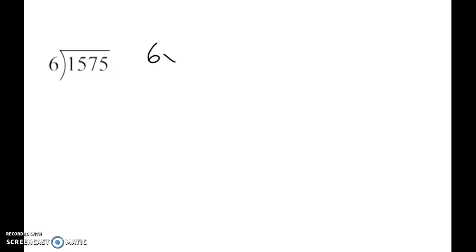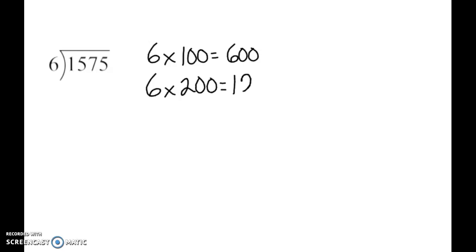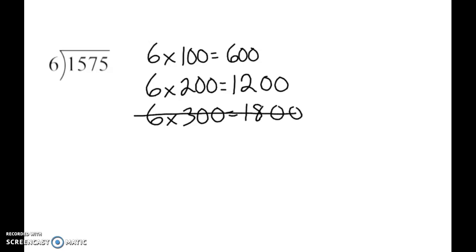1,575? So let's try 6 times 100. That's 600. Can we get closer to 1,575 than that? Let's try it. What's 6 times 200? That's 1,200. That's pretty darn close. If we try 6 times 300, that gives us 1,800, and that is too big. We want to use this one. So 6 times